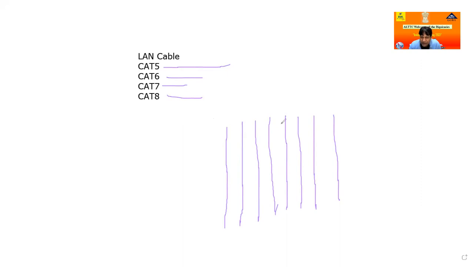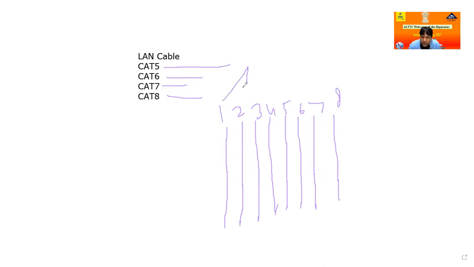It doesn't matter what color the cable is. Just remove all the wires and number them from left-hand side to right-hand side. This is number one. You just put 1, 2, 3, 4, 5, 6, 7, 8. After numbering, it is easy to plan, because these are electrical, electronics cables, so they definitely work in pairs. There are 4 pairs.